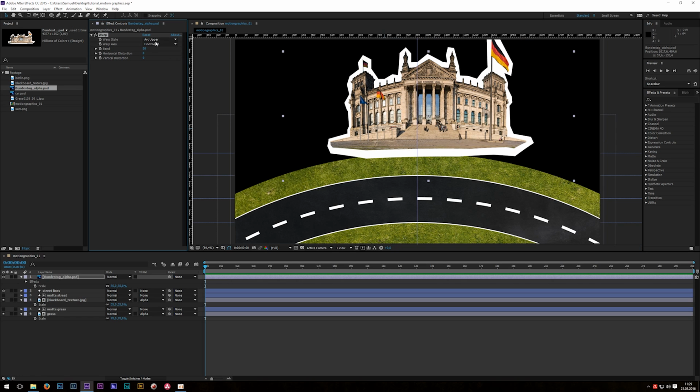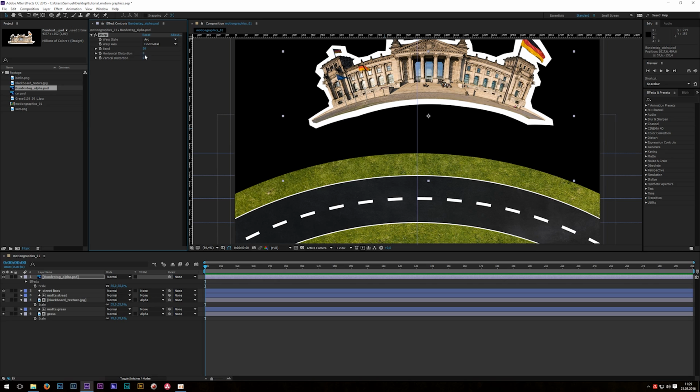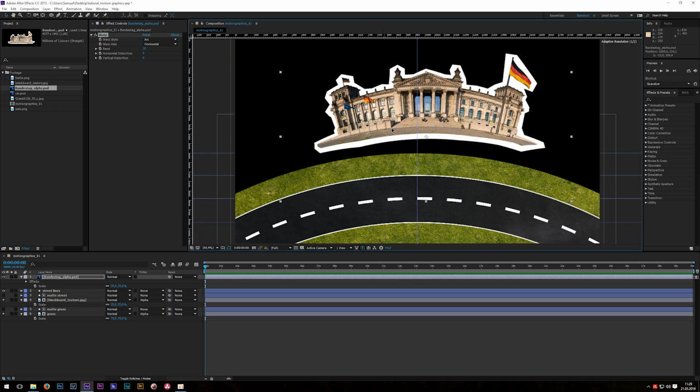And yeah, depending on what you actually want, if you want your animation to look, let's say, kind of goofy or like a cartoon, you can choose, for example, wave. In my case, I will just stick to the default setting, which is arc, and then play around with the bend and the horizontal and vertical distortion. So let's bring the bend all the way down to 35 to just kind of match the size right here